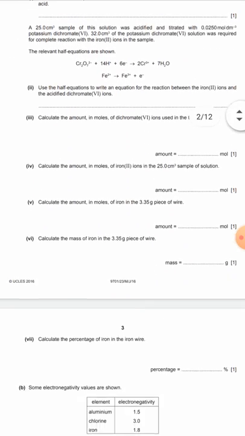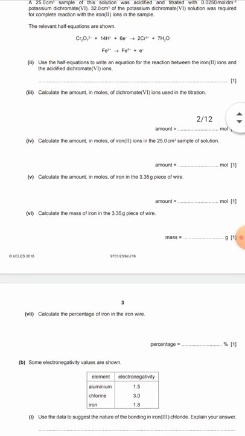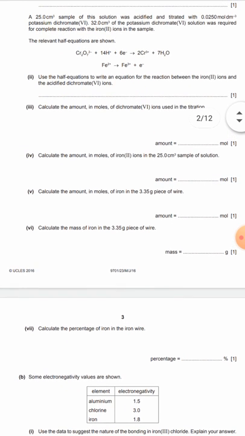Okay, let's see. So then the 25 cm cube of the solution was withdrawn and was acidified. That means hydrogen ions were added, and titrated with 0.250 mole per dm cube potassium dichromate. Okay, so this 25 cm cube iron 2 plus solution is reacted with